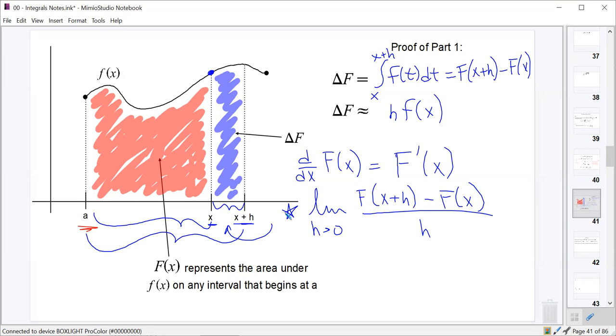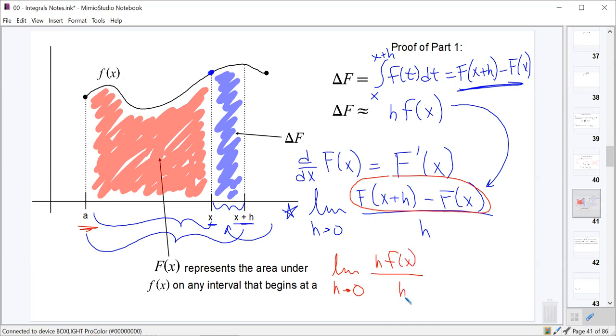but this value in the numerator, capital F of x plus h minus capital F of x, is approximately equal, on a very small, infinitely small scale, to h times little f of x. And so all I'm going to do is replace that numerator with my approximation for capital F, and say this then becomes a limit as h approaches 0 of h f of x over h. Well, obviously the h's cancel, and we have the limit as h approaches 0 of f of x, which just